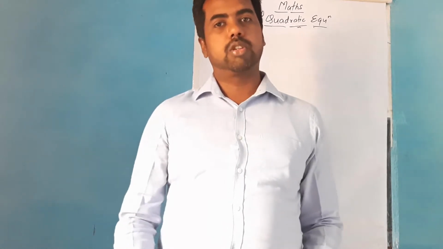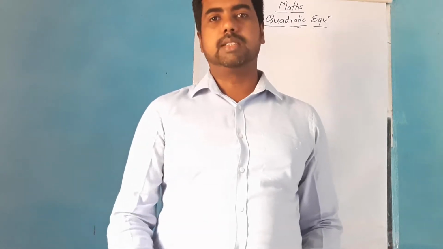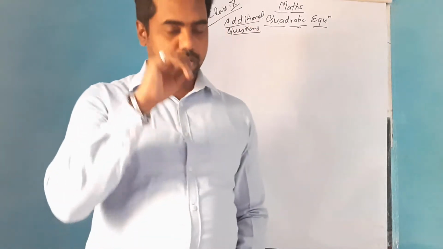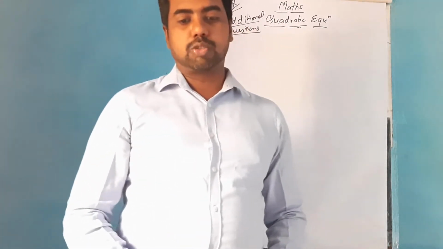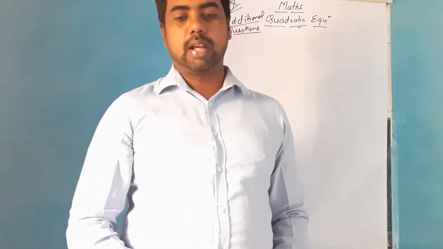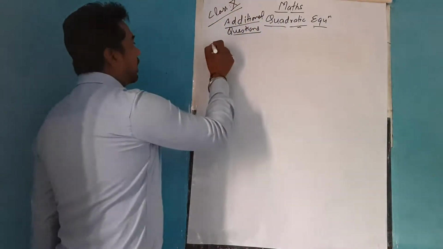So here I am showing you the solution of all those 5-6 questions that I have given you as homework to solve. Here is the first question, which says that a factory kept on increasing its output by the same percentage every year. Find the percentage if it is known that the output doubles in the last 2 years. So how are you going to start?